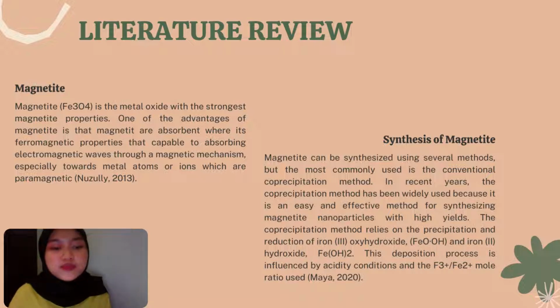The co-precipitation method relies on the precipitation and reduction of iron 3-oxyhydroxide, FeOH, and iron 2 hydroxide, Fe(OH)2. This deposition process is influenced by acidity conditions and the Fe3+ to Fe2+ mole ratio used, by Maya